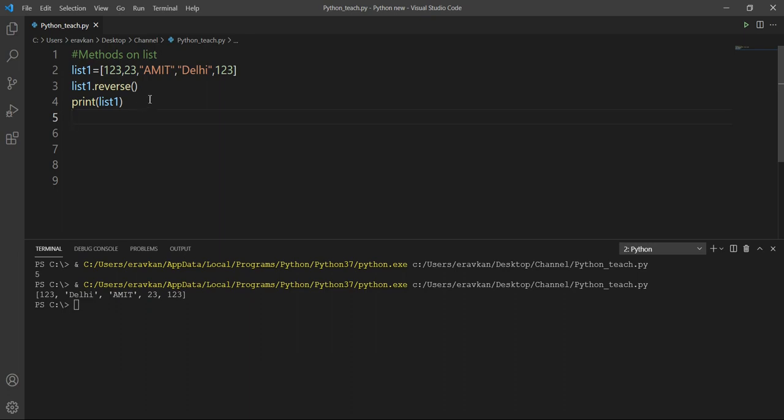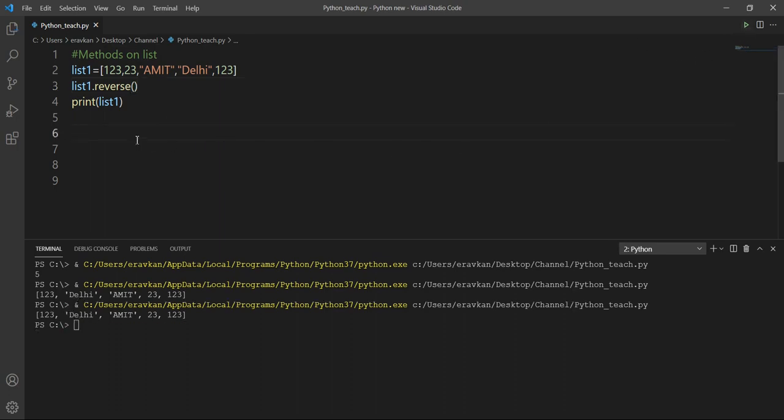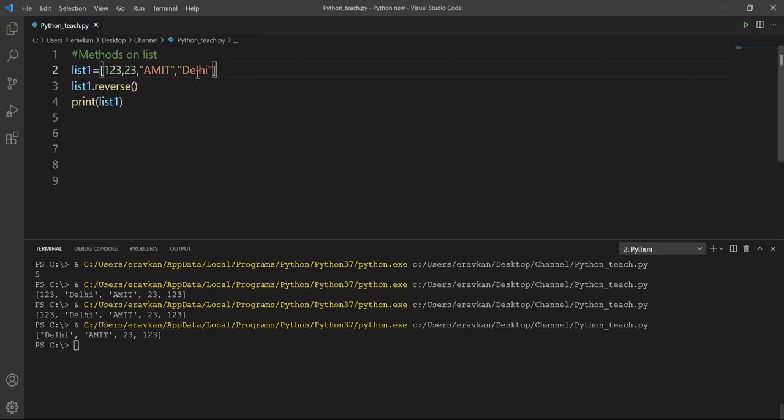Why is it not reversed? List one dot reverse, print list one. Okay, it was confusing. Now check, it is reversed. So by using the reverse function, you can reverse your list.